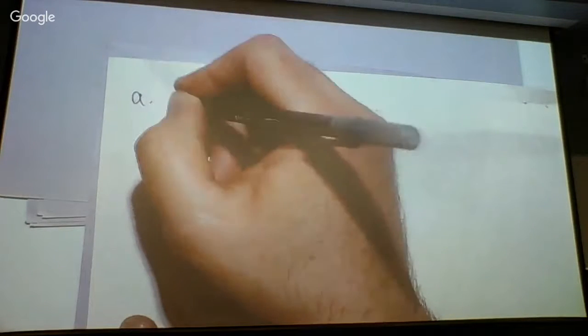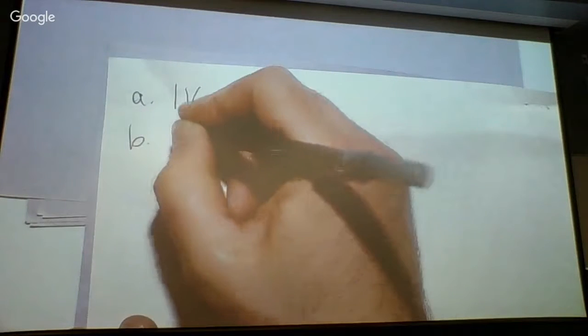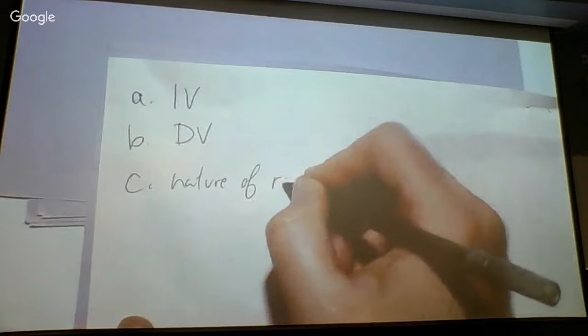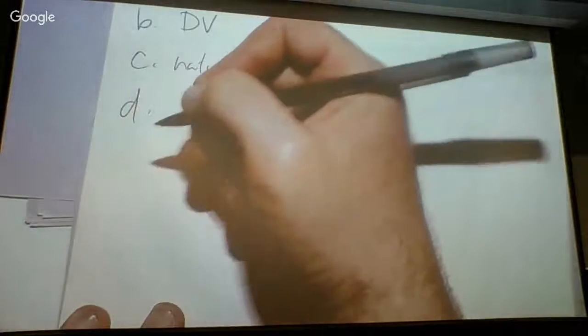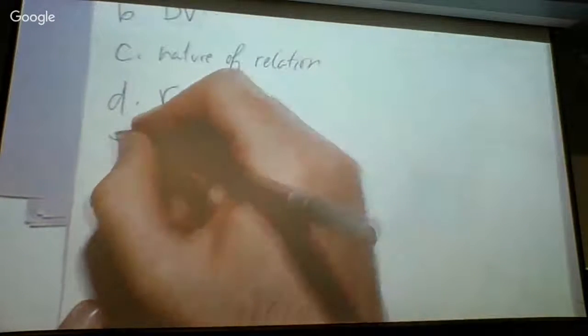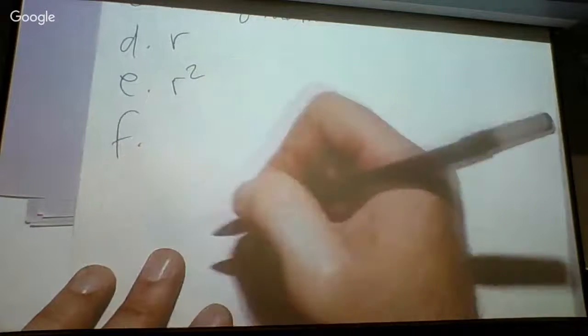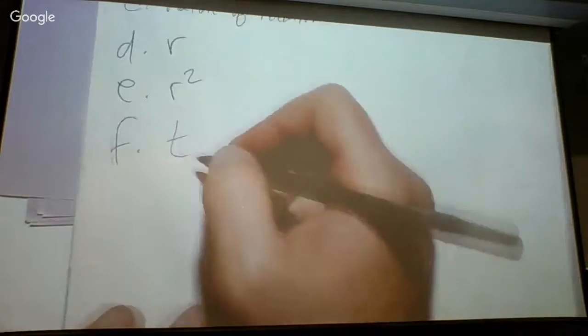So A is what's the independent variable. B, what is the dependent variable. C, say what is the nature of the relation. D, we're looking for what is R. E, say what is R squared. F, what's the T statistic. G,